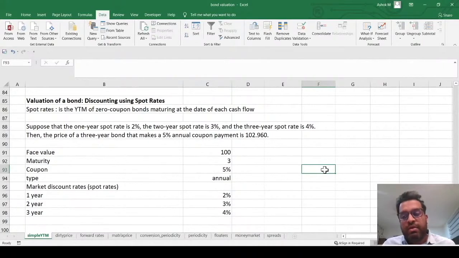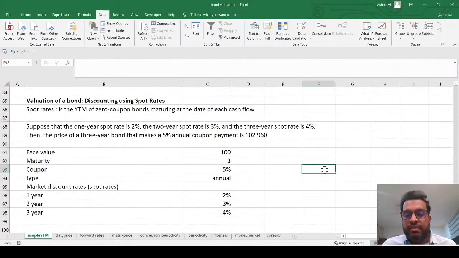It's a sovereign bond. So for 6 months, you take a zero coupon bond which matures in 6 months and take its YTM. You take a zero coupon bond which matures in 12 months, and you take its YTM. You take a zero coupon bond which matures in 18 months, and you take its YTM. So you have 6, 12, 18. You have a discounting factor for a cash flow which comes to you in 6 months, or in 12 months, or 18 months.